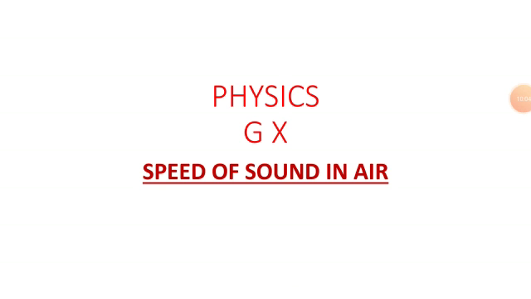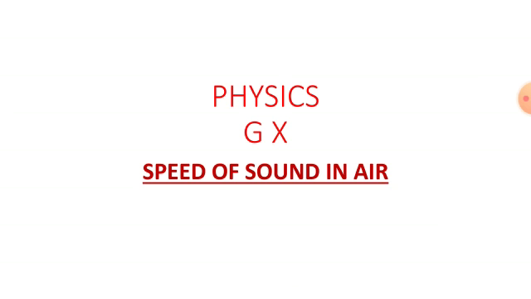This was our today's topic, that is speed of sound in air, and we have studied that speed of sound in air only depends on the properties of air, that is properties of material. Means if elasticity of material or density of material changes, then speed changes. If temperature changes, then speed changes. And we discussed that with the temperature, speed of sound has direct relation. Direct means this is not directly proportional relation, but if temperature increases, then speed of sound also increases.